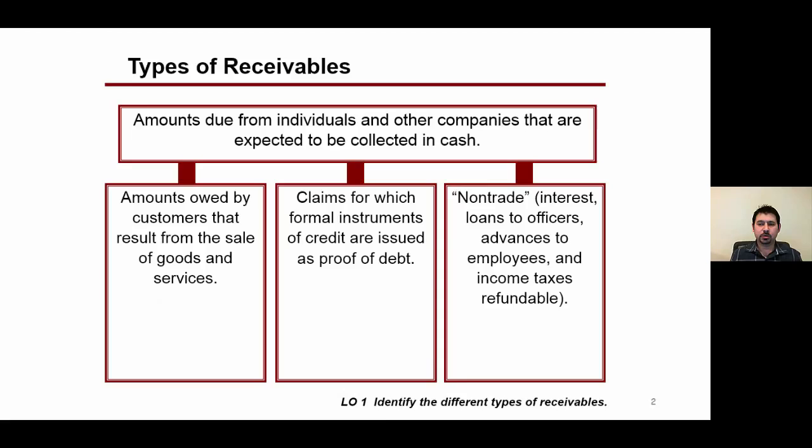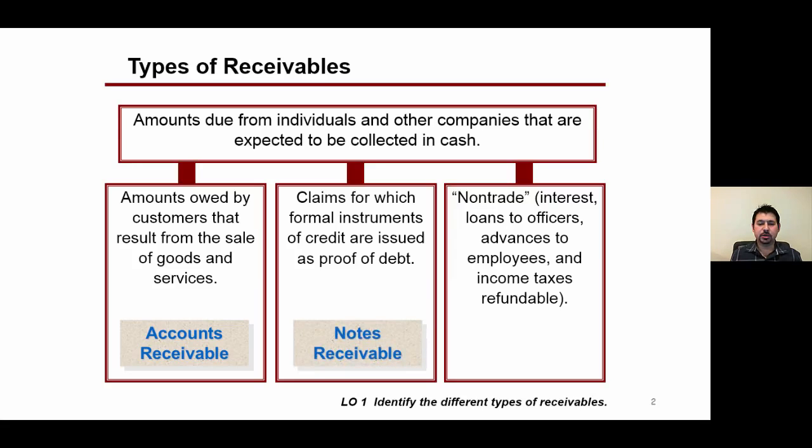First, there are three main categories of receivables. There are accounts receivable, and this is basically the money that customers owe to the company. For example, when the company conducts business on account, if they provide services on account or make sales on account, this is called accounts receivable. Another kind of